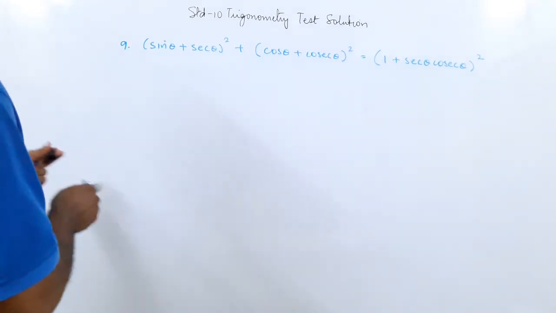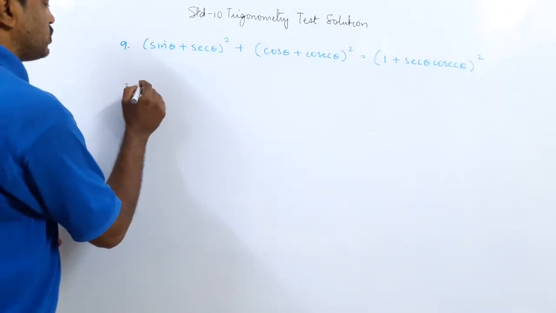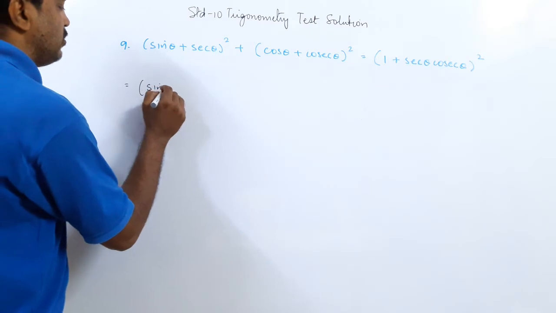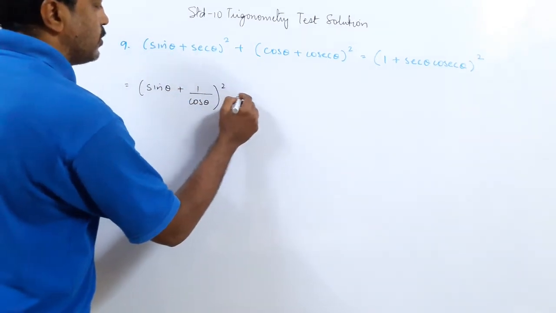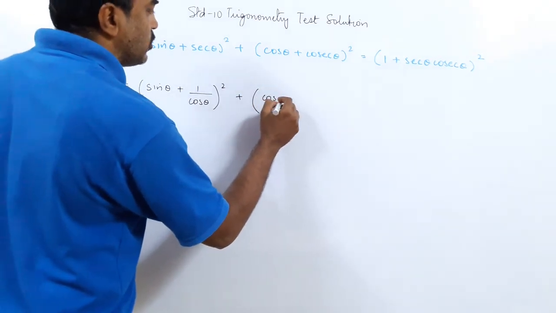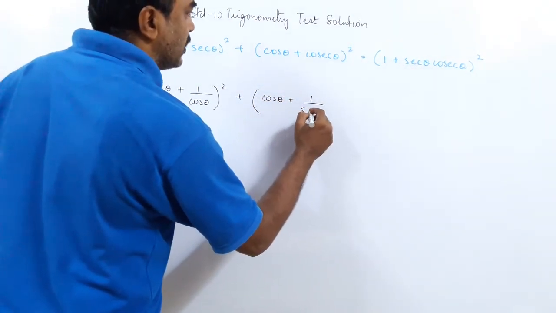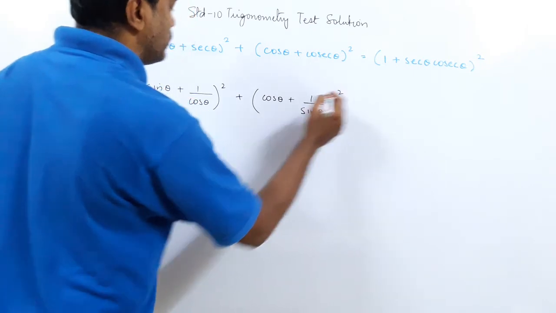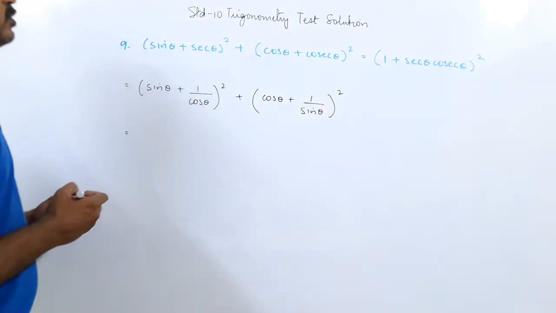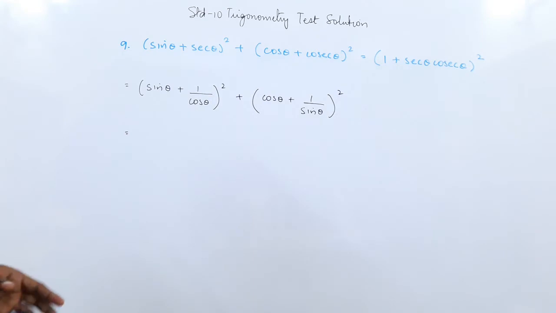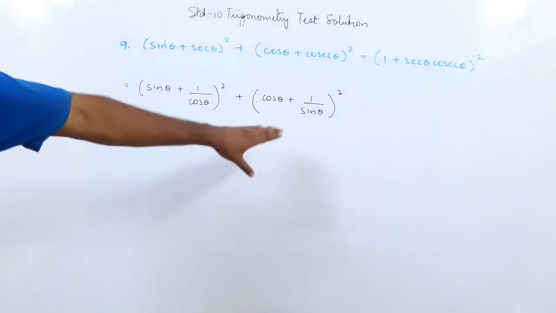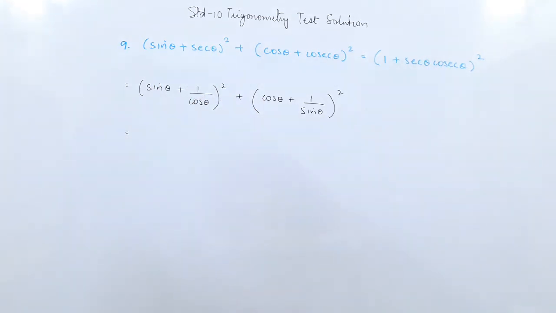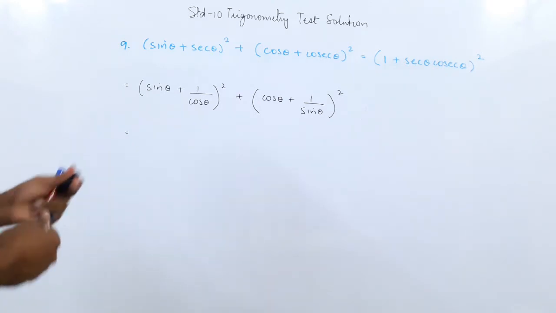simple. How? We will convert the sec theta. So I will write here sin theta plus 1 upon cos theta the whole square plus cos theta plus 1 upon sin theta the whole square. Now please know this. Okay, understand this. You can write sin as 1 upon cosec or sec as 1 upon cos. I am keeping the sum in sin and cos because we know all the identities in sin and cos, and this will make the sum easier, I guess.